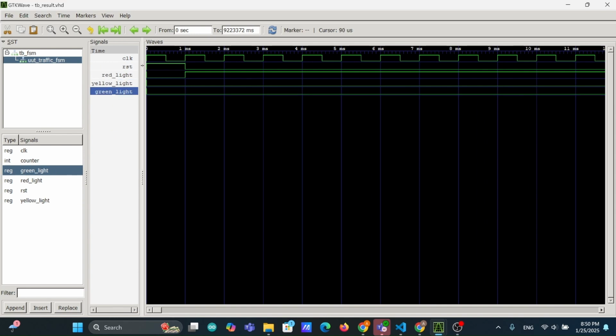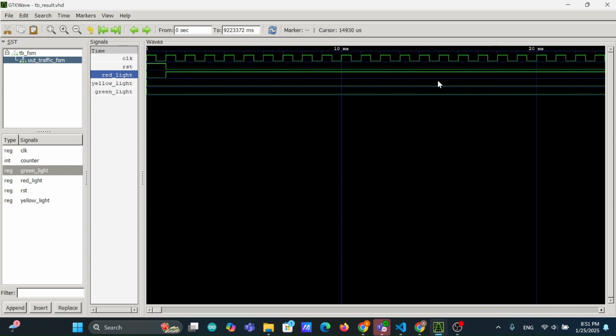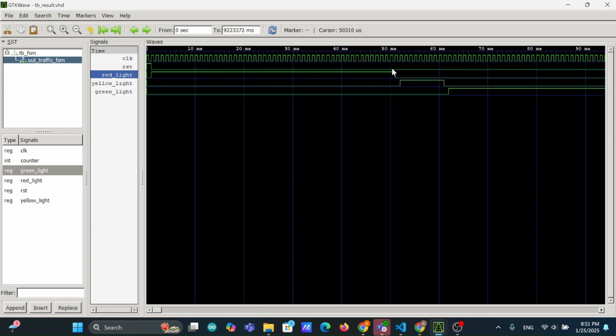When the reset is high, as expected, we have 0 outputs in the red light. No red light is emitting, no yellow light is emitting, and no green light is emitting. However, when the reset is off and the clock has reached the rising edge, we can see the red light being on. And we expect this to be on for about 50 milliseconds. So when we zoom out, we can see that yes, in about the 51 millisecond mark,